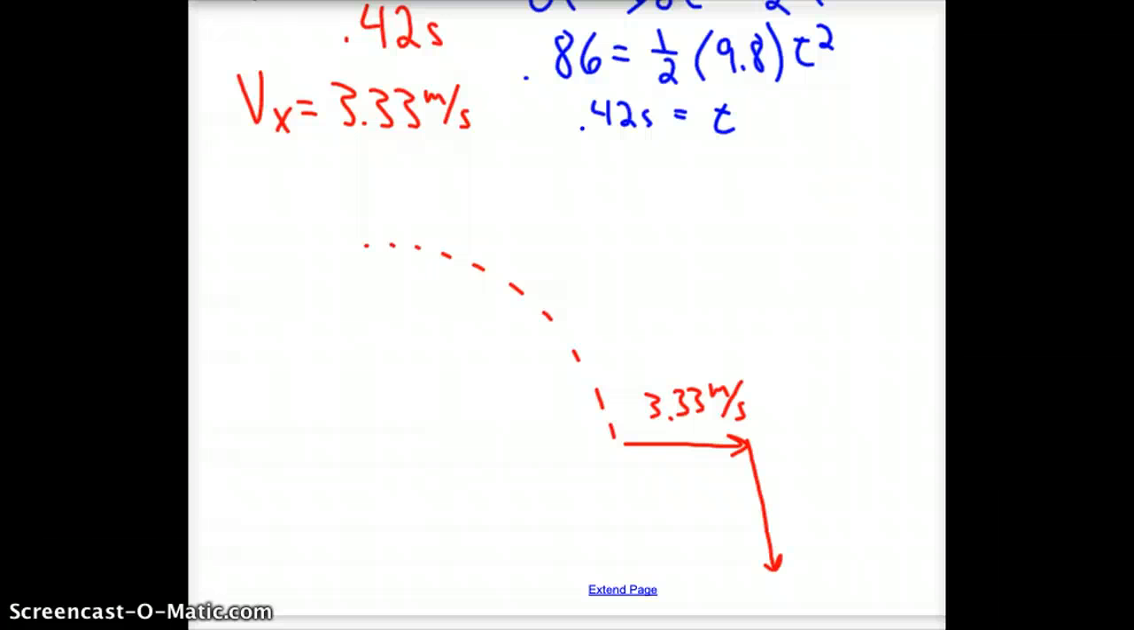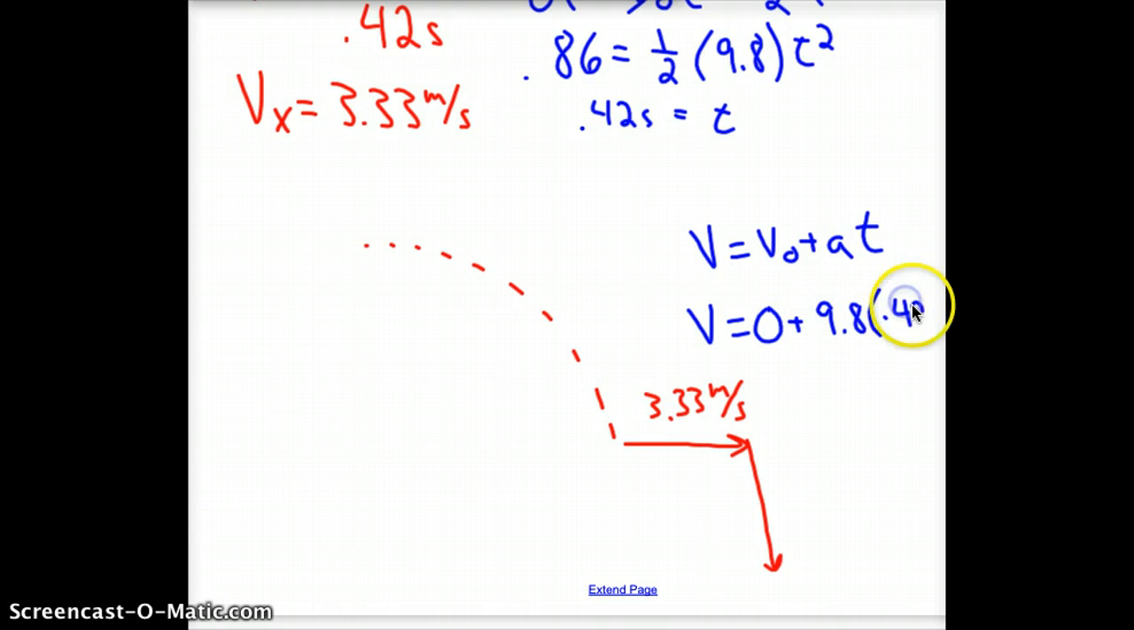So I go back up. I choose v equals v naught plus at, and I get v equals 0 plus 9.8 times 0.42. Use my calculator, and I get 4.12. Okay, to finish up this problem, we need to do Pythagorean theorem to find the actual magnitude of the total final velocity. So 3.33 squared plus 4.12 squared, the square root of that answer gives me 5.30